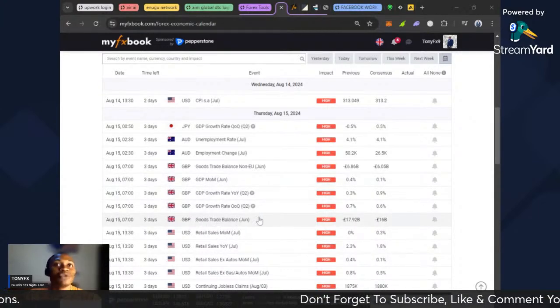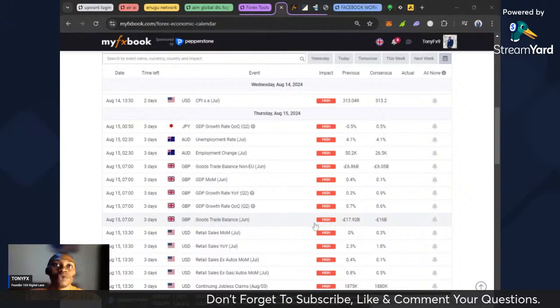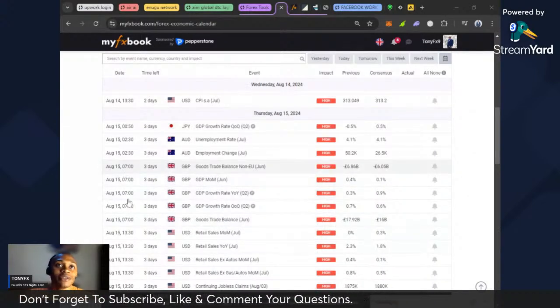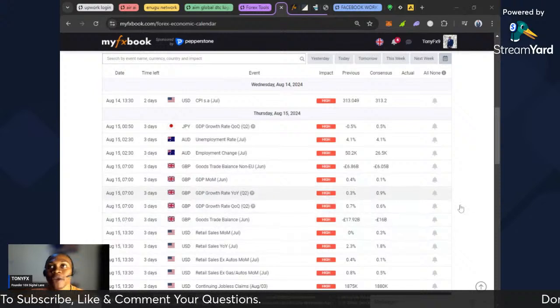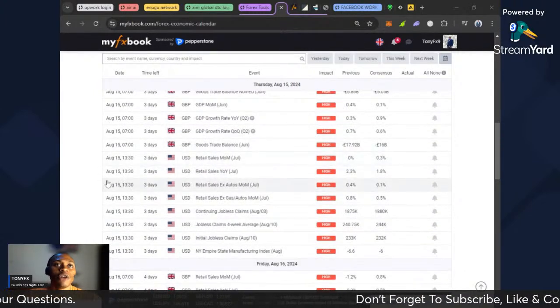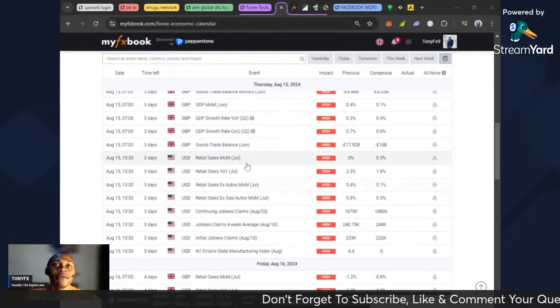And then the goods trade balance has to do with the total goods exported minus total goods imported. Okay, we're going to get all these figures by 7 a.m. Then during the New York session,